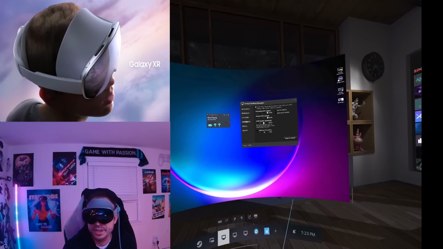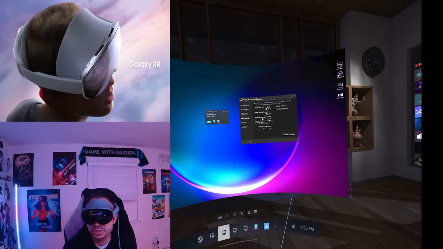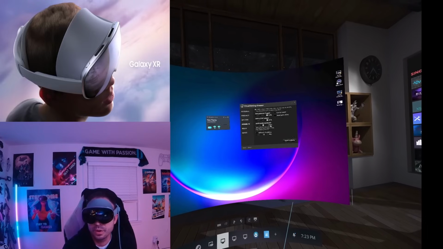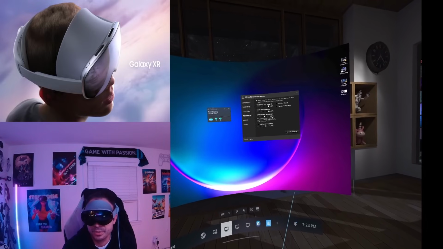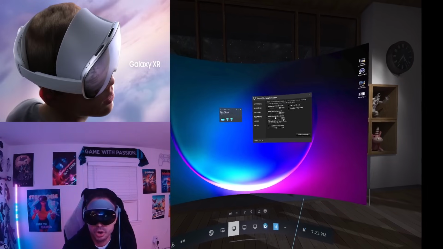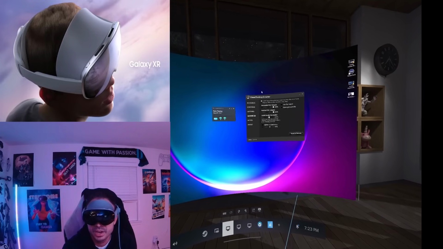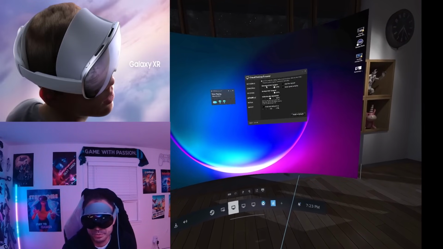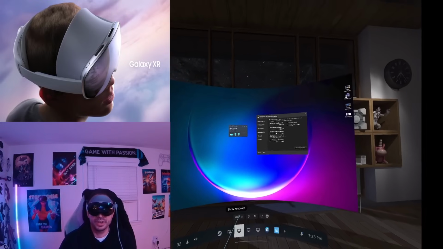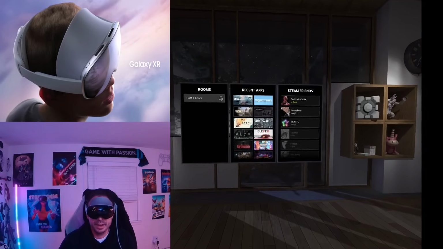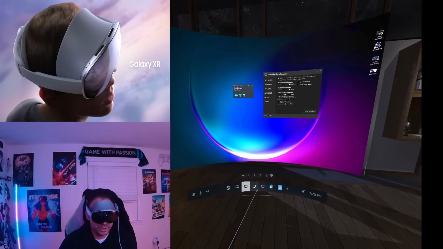And then if you go to advanced, it is running at VDXR render resolution 144 hertz or 144%, which is the same thing I'm running on Play for Dream that has pretty much the same hardware as what the Galaxy XR is running. So this is the same way I run Play for Dream. And so that's pretty much it on there. And then if I close that out and I go ahead and open the